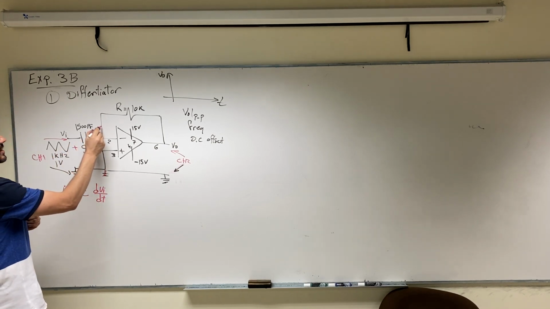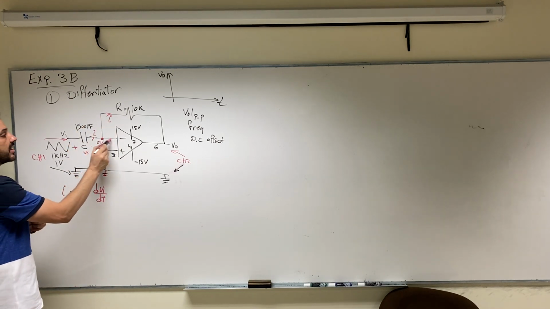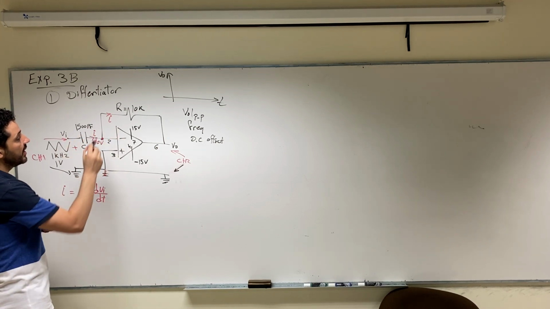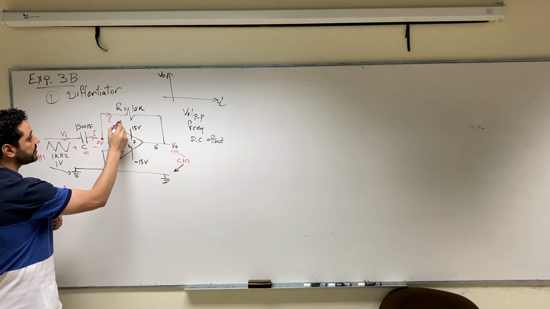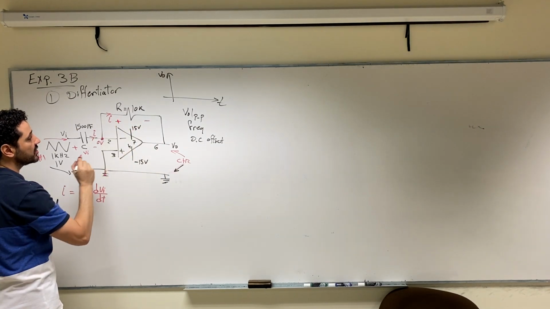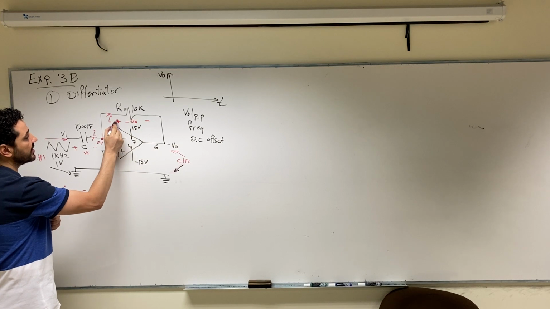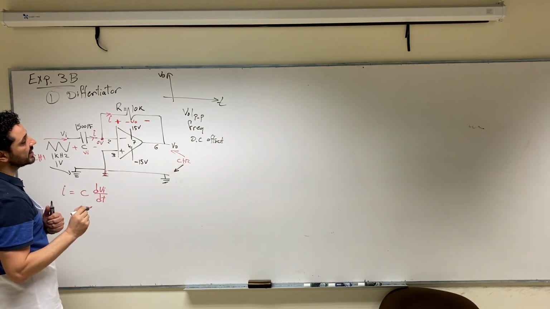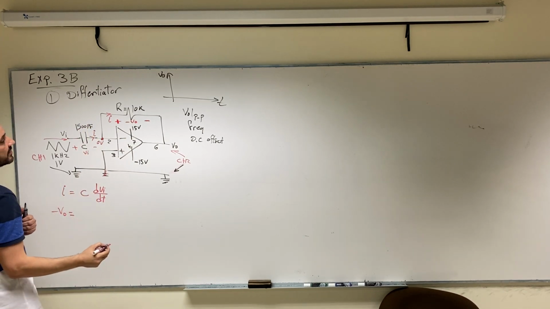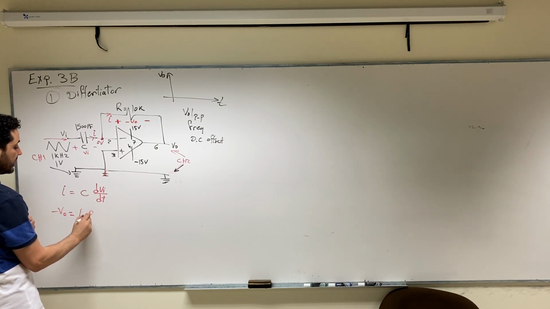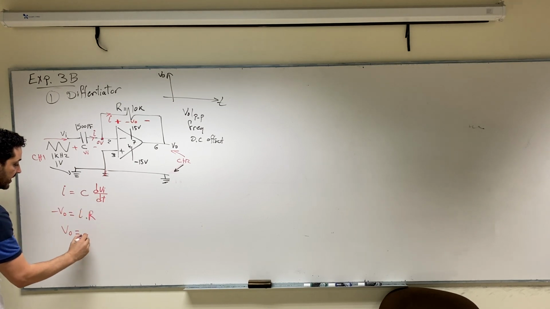Do you agree with me that this current I is the same as the current that will go here? So the current that will go here is also I, because the current going to the op-amp is 0. If the current here is I, this volt is 0 and this volt is V output, which means that the voltage across the resistor like this is negative V output, right? If I put the negative sign here and the positive sign here, the voltage in this direction is negative V output, right? So negative V output will be equal to what, ya shabab? Negative V output will be equal to I multiplied by R. So V output will be equal to I, which is C dV by dt, multiplied by R,